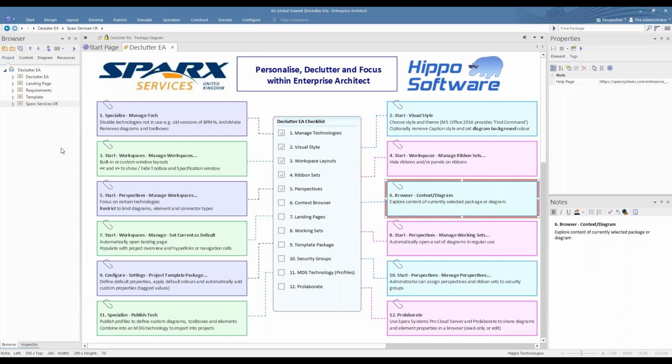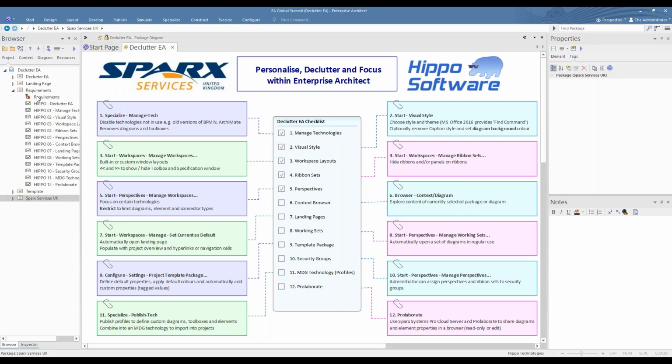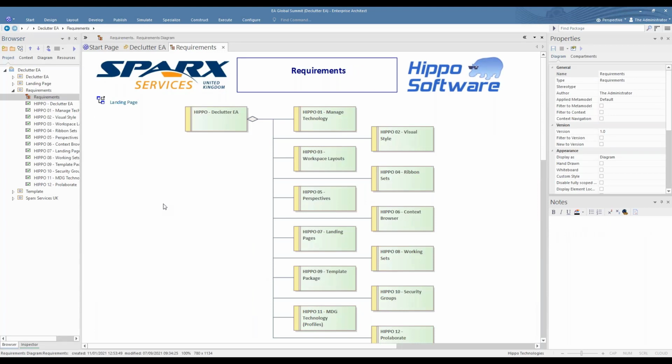Most of us stick to the first tab on the browser, that's the Project tab. And this allows us to see all of our model content. So we can see all the packages, diagrams, and elements in the entire EA database. However, if you're working in a specific package or in a specific diagram, it can be helpful to focus on that content only. So if I open up a requirements diagram and then click on the Context tab,